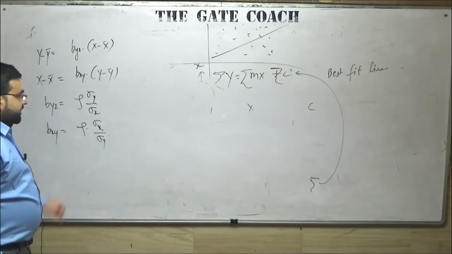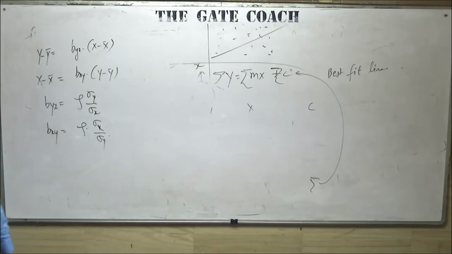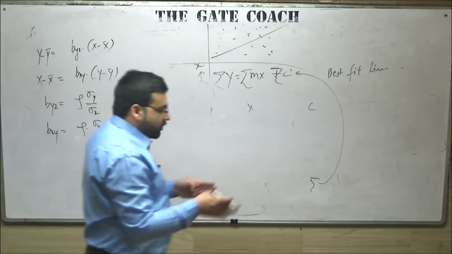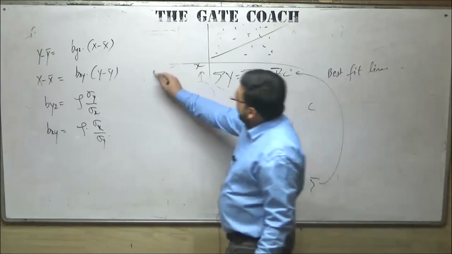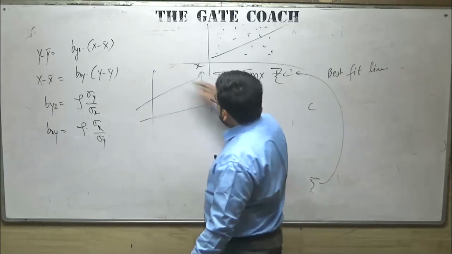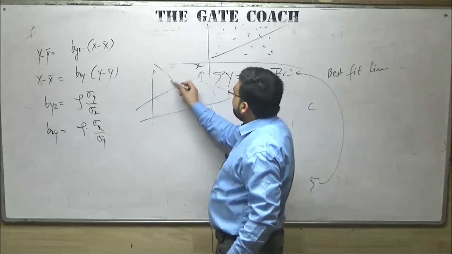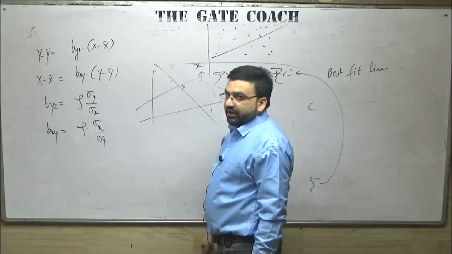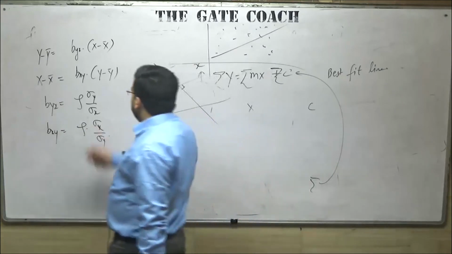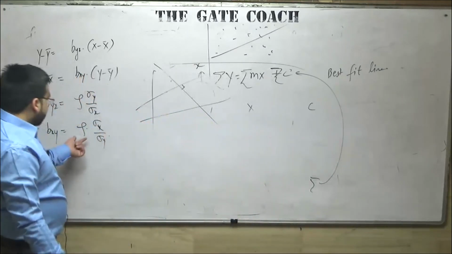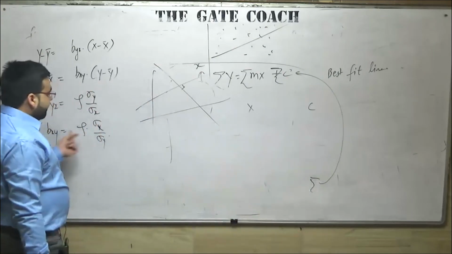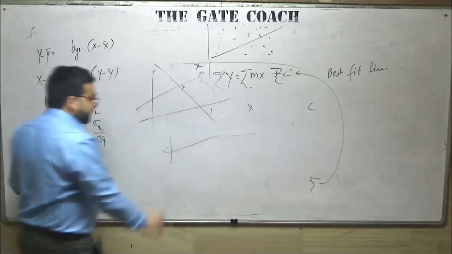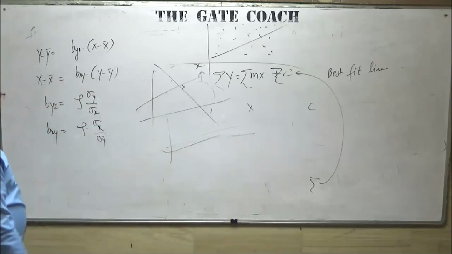We also discussed this rho. What is this rho? The correlation coefficient. It tells how similar the values of two data sets are. If one regression line is this and the other is this, there is no similarity between the two lines; they make a perpendicular angle, so the value of rho will be very high, nearly 1. The smaller the value of rho, the closer the two lines are. And if the value of rho is 0, both lines coincide with each other. We already discussed that in the class.